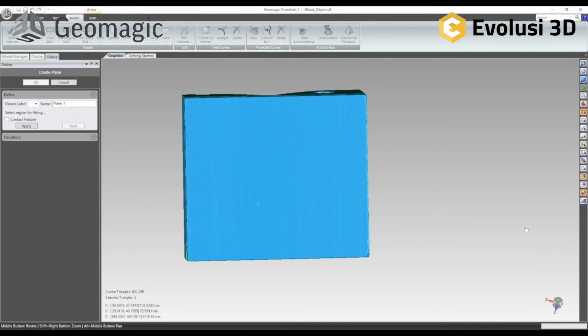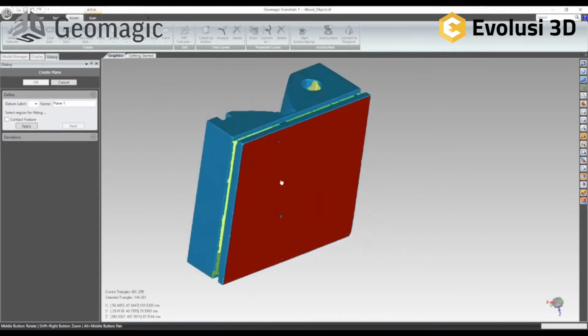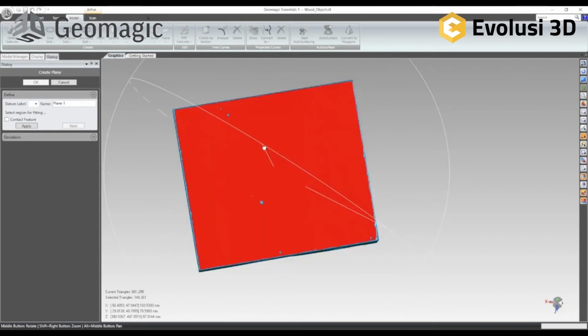A very nice and fast function for flat areas is you switch on the select by angle mode, choose a brush and just click on the object, and then everything that is connected to the flat surface is selected by the software automatically. So we click on apply,